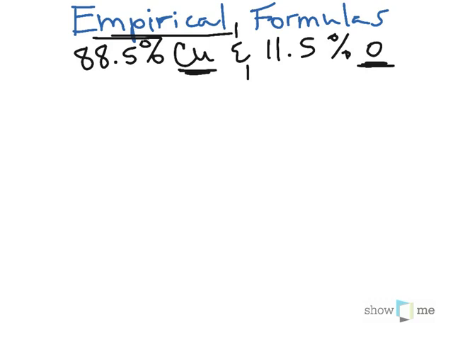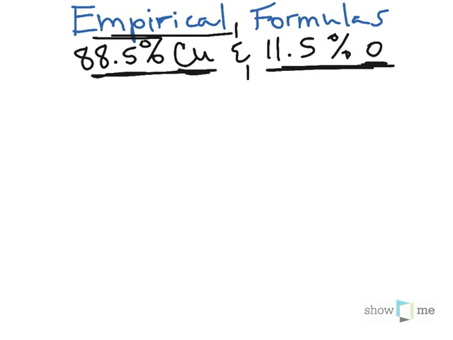Now sometimes it's easy to tell this based on where they are on the periodic table, but with copper, it's called a transition metal. It can have a couple of different forms, a couple of different charges, so it's hard to tell what format you may be looking at. So when you get some experimental data, which we have right here, we have a percent composition to go from. We know the percentage breakdown, but we don't really know the formula from this,